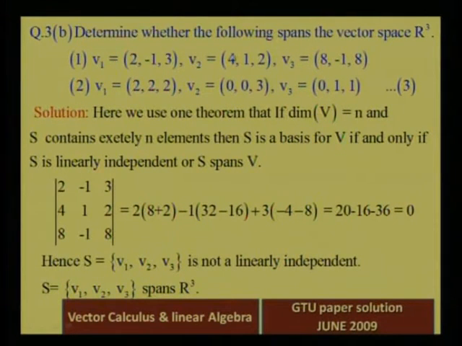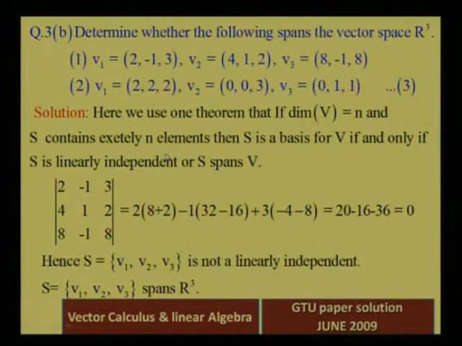Determine whether the following spans the vector space R3 or not. V1 is equal to (2, -1, 3), V2 is equal to (4, 1, 2), V3 is equal to (8, -1, 8). Here we use one theorem: if the dimension of V is equal to n and